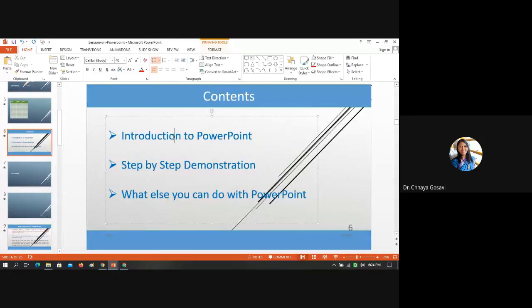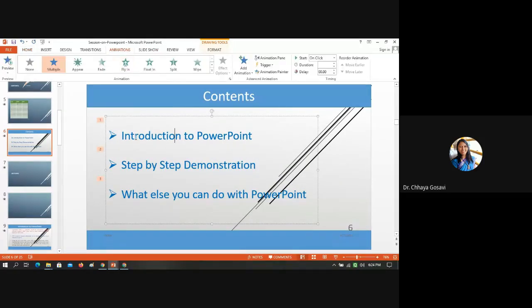here we have used animation. So go to the animation. Here we used animation. I want to copy this animation here. So just click on this, take animation painter and click here. So this animation is applied to this part. Again, if I click here and apply this animation, so pick up the animation from this and apply it to here. So it will apply same animation to different objects.